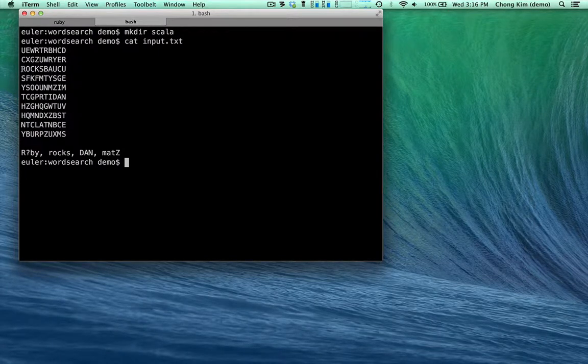game Boggle. So you see that there's rocks over here, but there's also rocks, R-O-C, and then there's a K down here and an S over here. And that allows that word to be found because it'll snake around. All right, now that we know what we're going to do, let's start with the first part,